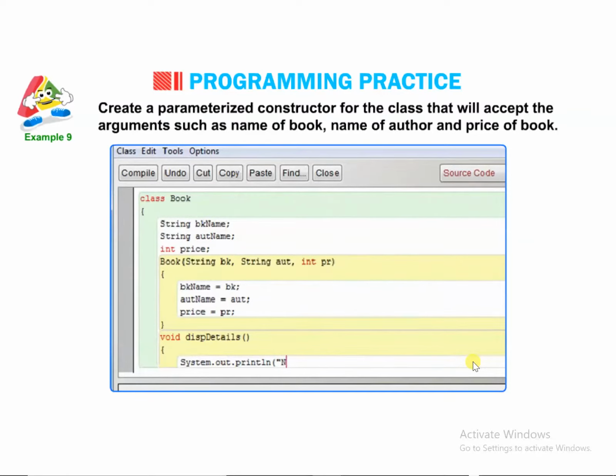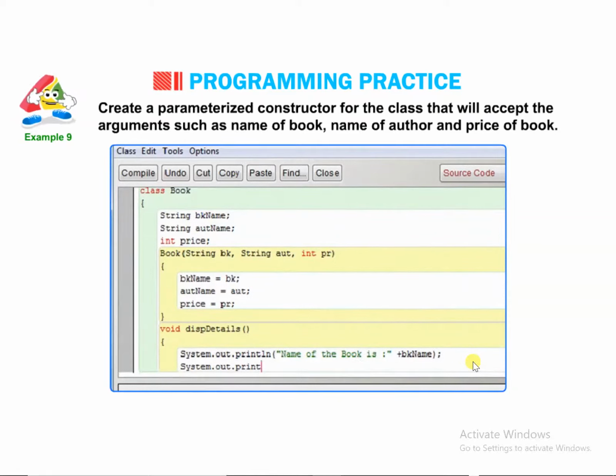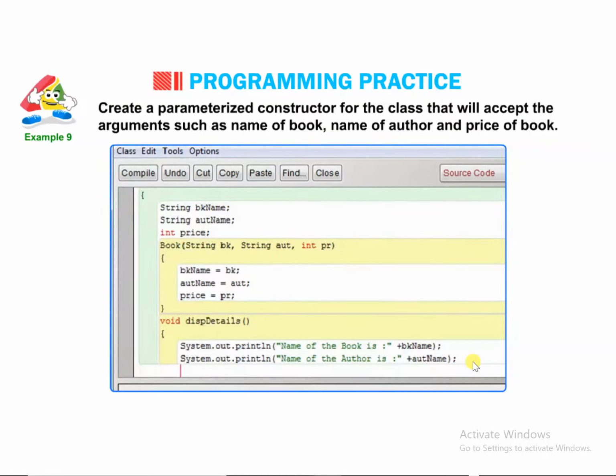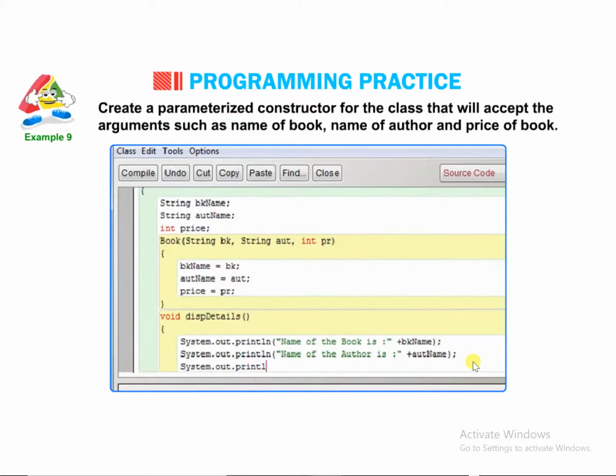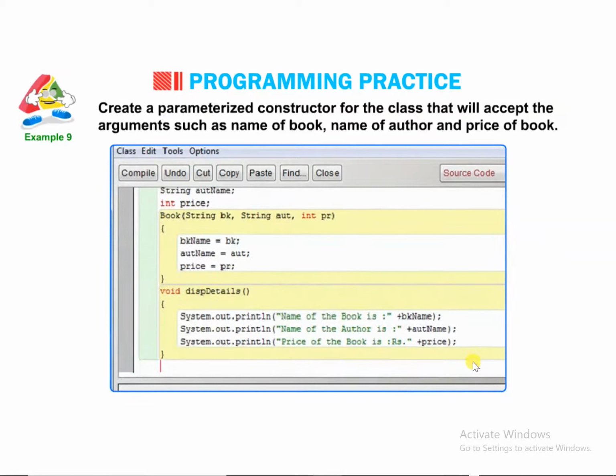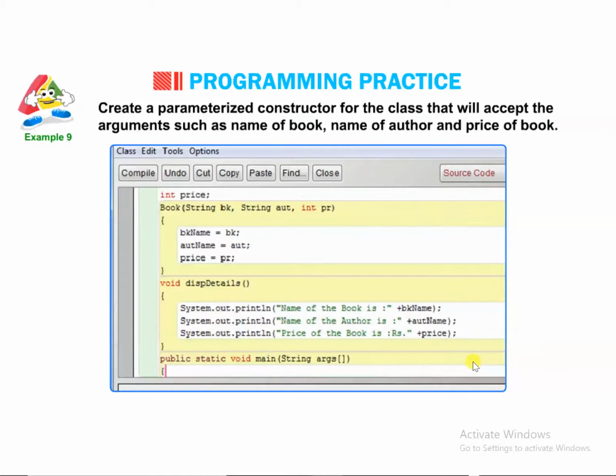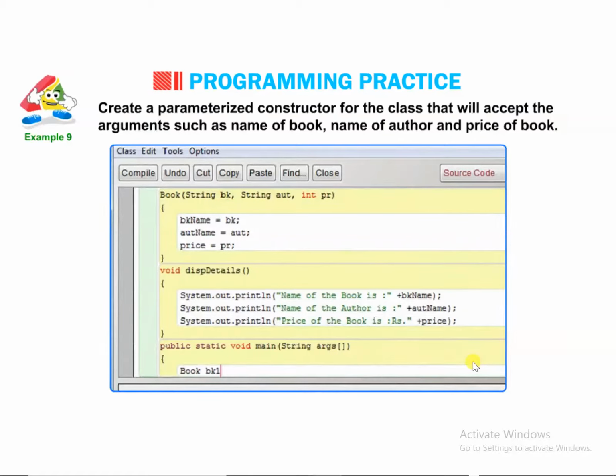System.out.println("Name of the book is: " + bookName); System.out.println("Name of the author is: " + authorName); System.out.println("Price of the book is: rupees " + price); } public static void main(String args[]) { Book BK1 = new